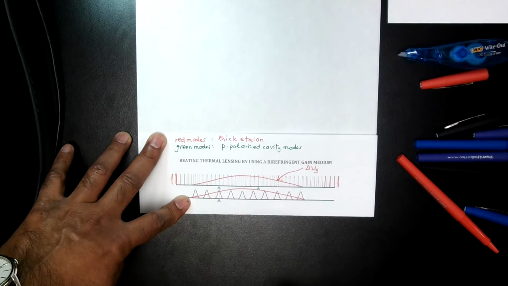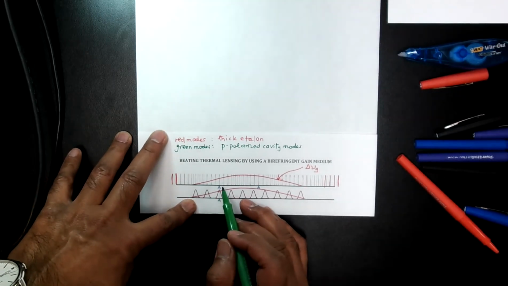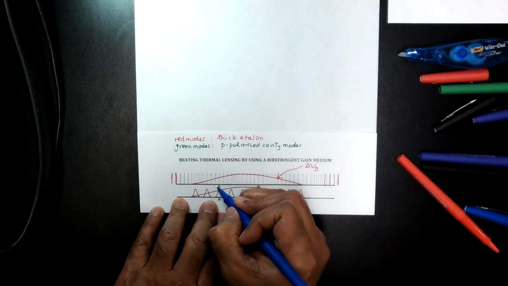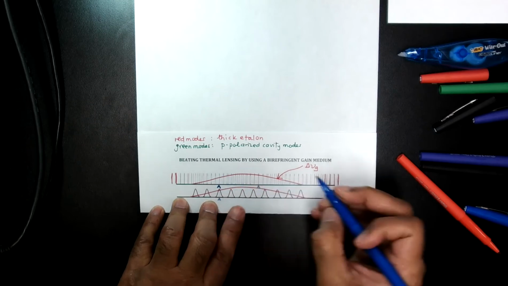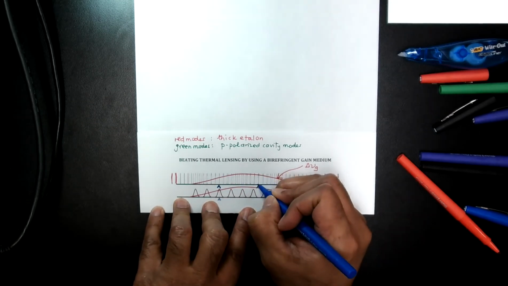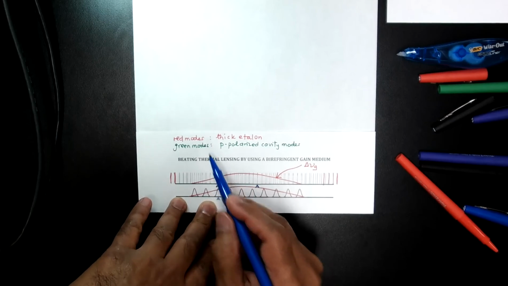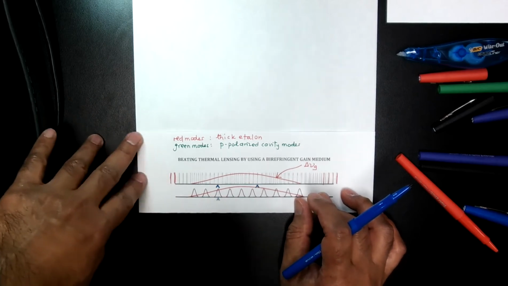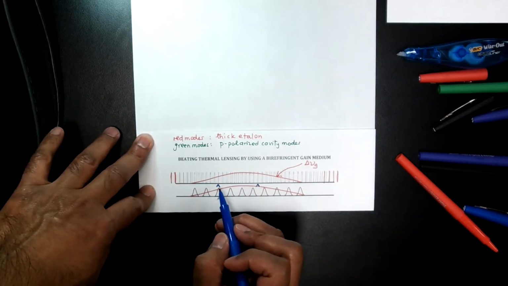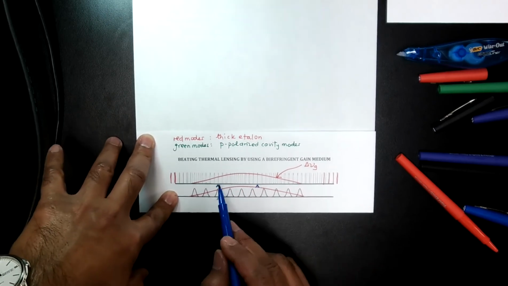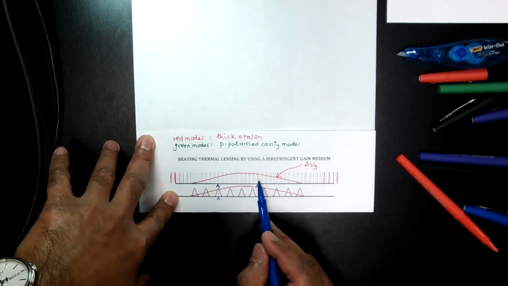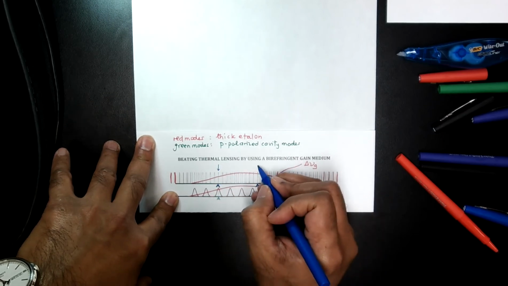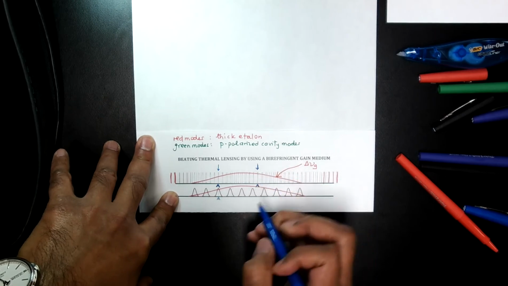Okay, so you'll notice that there are two cases right here, and right here, two cases where the green and the red lines lie right on top of each other. Okay, so these blue arrows are marking out the two modes where the echelon modes and the cavity modes are. So it's like right here and right here, and these are the cavity modes and the echelon modes overlapping,